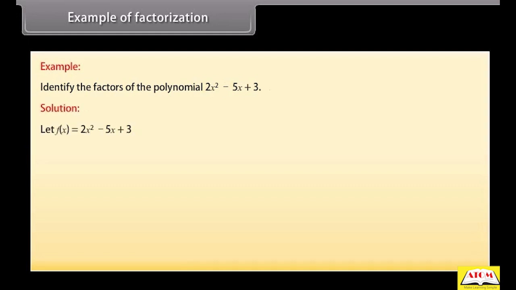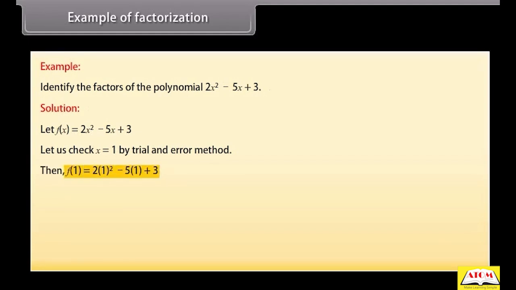Example of factorization. Example. Identify the factors of the polynomial 2x^2 - 5x + 3. Solution. Let f(x) = 2x^2 - 5x + 3. Let us check x = 1 by trial and error method. Then f(1) = 2 - 5 + 3, which equals